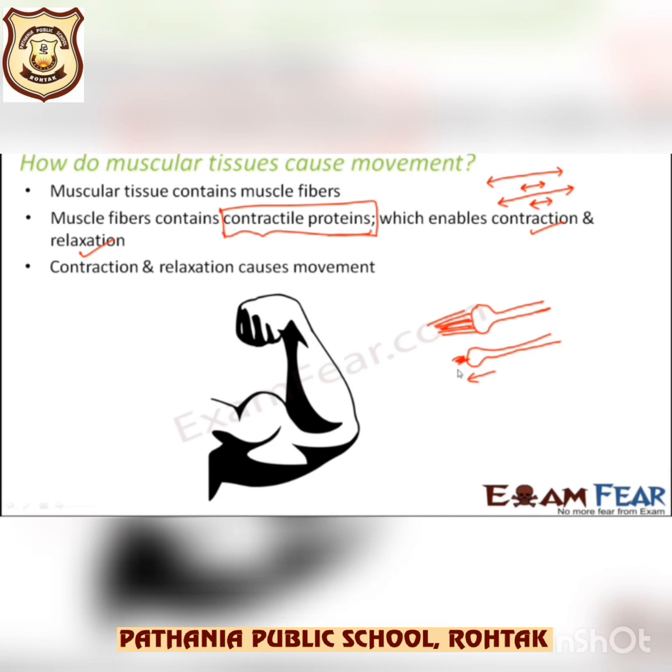So let us discuss bending and straightening of the arm, as you can see in this picture, right? When we want to bend the arm, the bicep muscle contracts. It becomes shorter and fatter. The contraction of the biceps muscle pulls the lower arm bones, due to which the lower arm moves up, and the bicep muscle is called the flexor muscle because it flexes, it bends the arm. Please note that when the bicep muscle contracts and bends the arm, तो जो आपके tricep है वो stretch होते हैं और relax होते हैं, right?